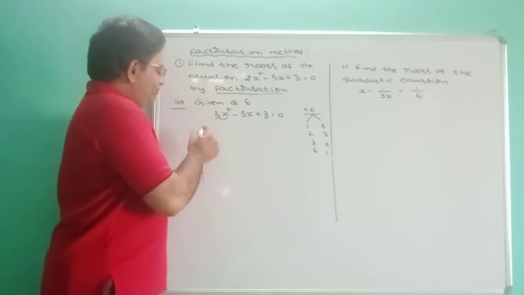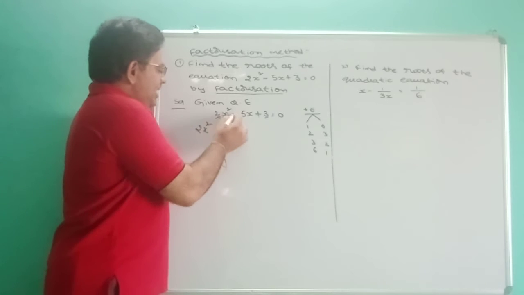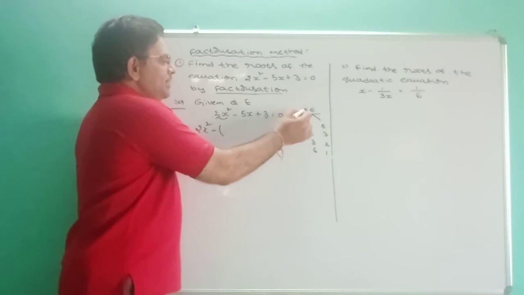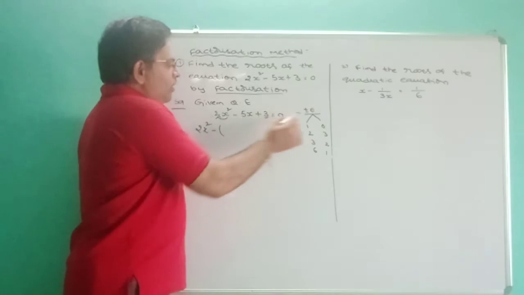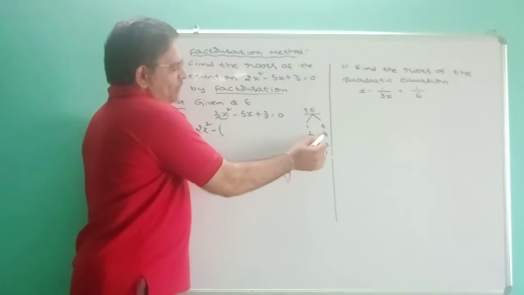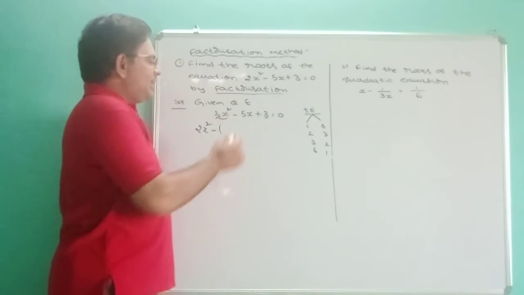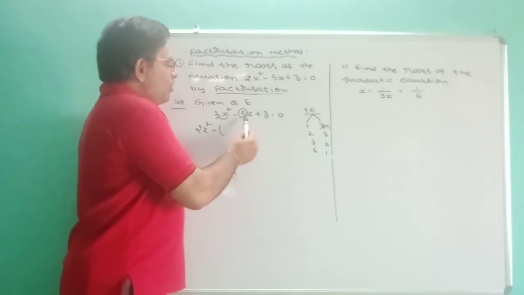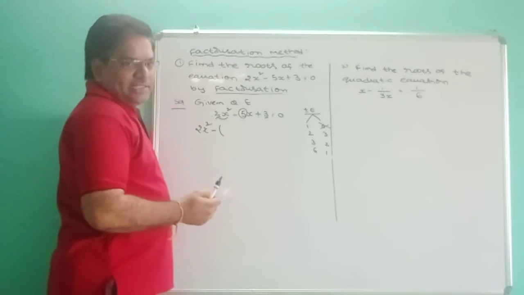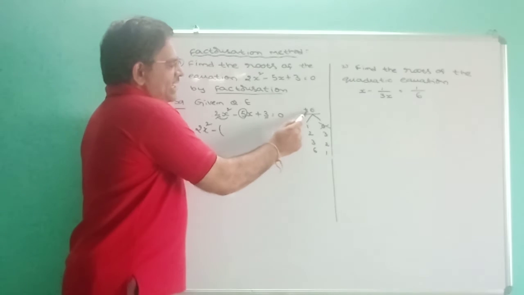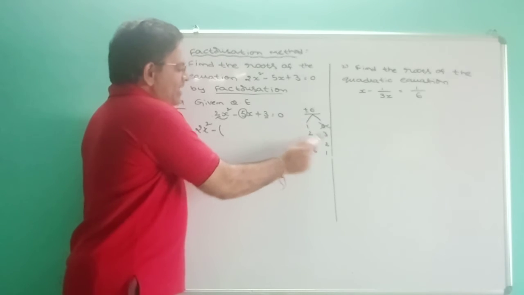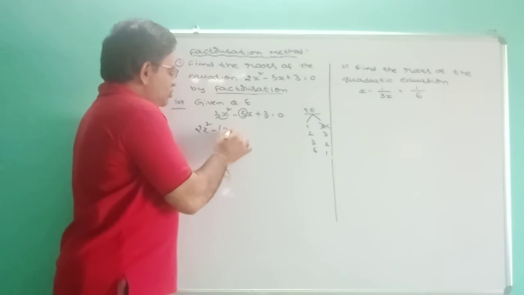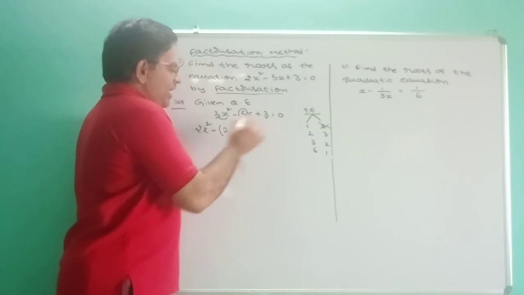Step number 2. 2x square, here write the minus symbol. Now here the symbol is plus, so only think of plus: 6 plus 1 is 7, but here the value should be 5, so don't consider this. Now 5: 2 plus 3 is 5. Simple technique: the plus symbol is there, that's why we think like this. That means in the place of 5, what I write is 2 plus 3 into x.